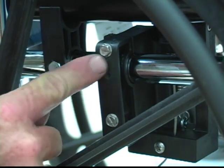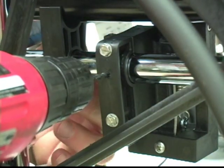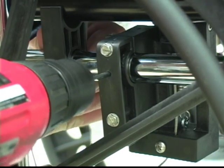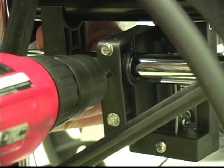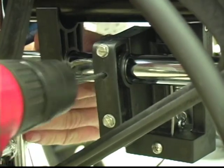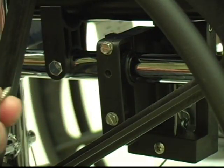This works like a pilot hole for you right here. We're going to just take our drill, run it up in there. We want to get it kind of straight and level if possible, and we're going to drill through the frame right here. There's one side, and there's the other. Now that you've got your hole drilled, we're going to install a red-headed stainless steel screw